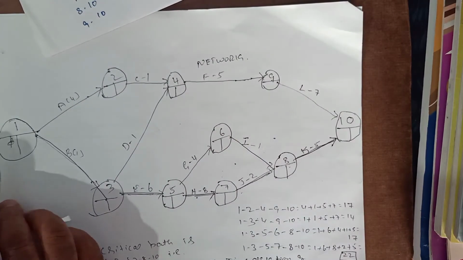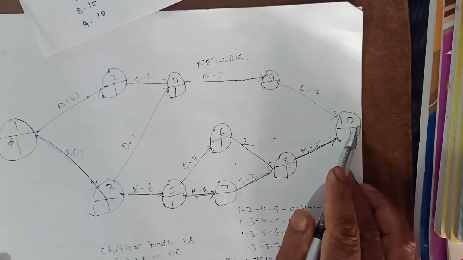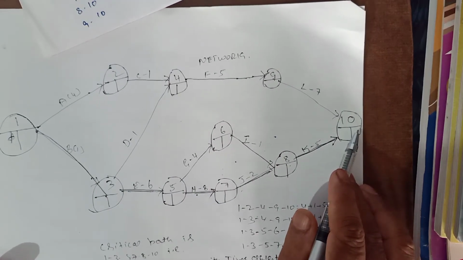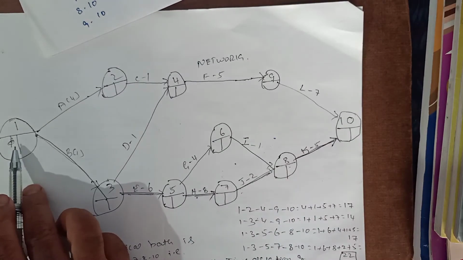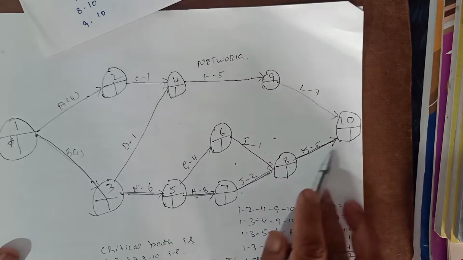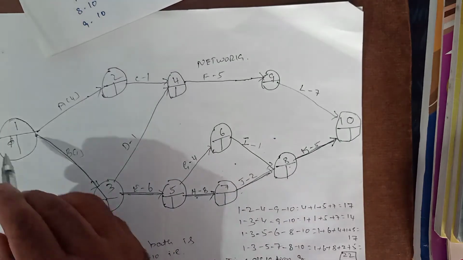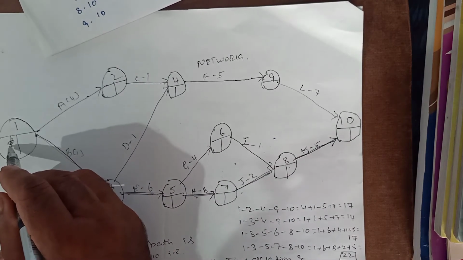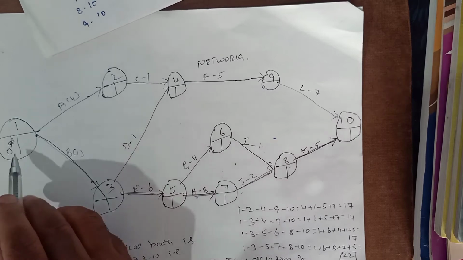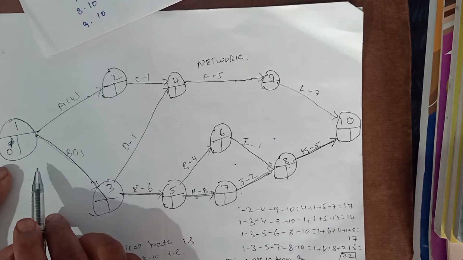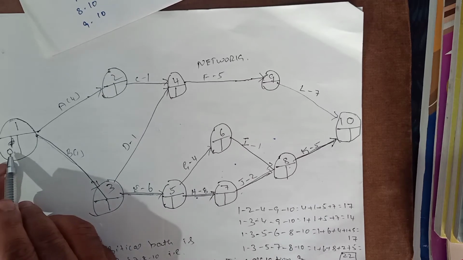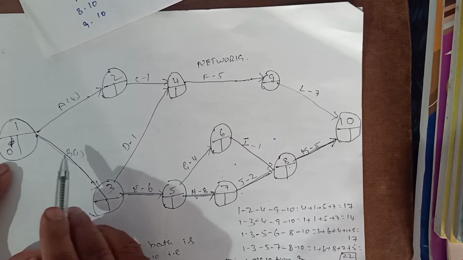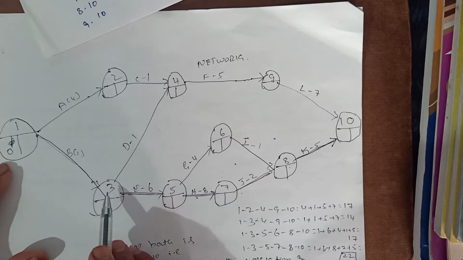That means we have to go from the left hand side to the end of the project. So in the calculation of earliest start time, first we have to calculate the starting time of the critical path. So let us start with activity 1. Always it will be 0. To calculate the earliest start time, we have to take the earliest start time of the previous activity and add the time duration of this activity.